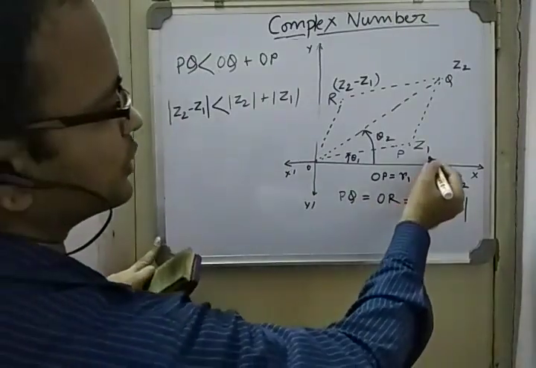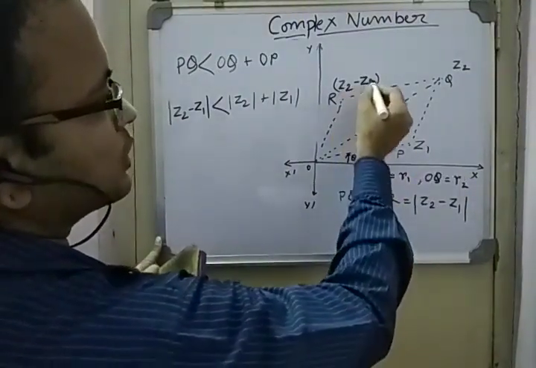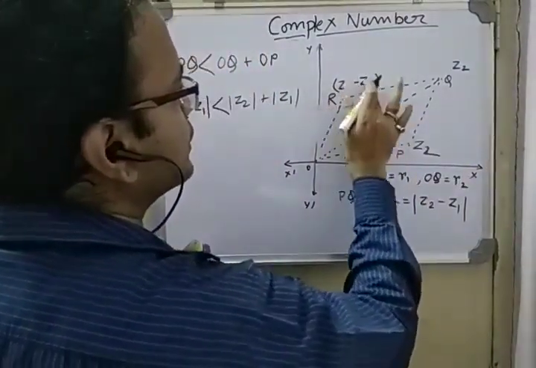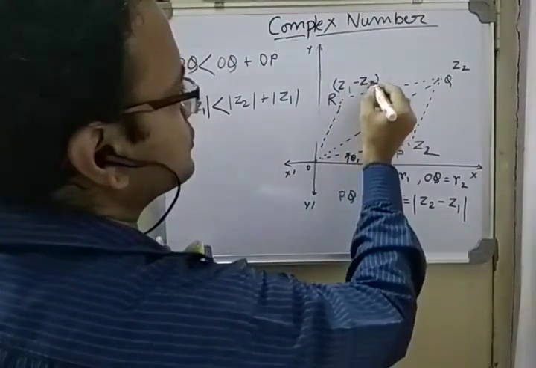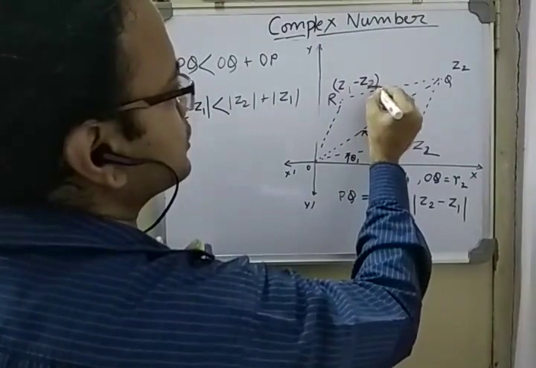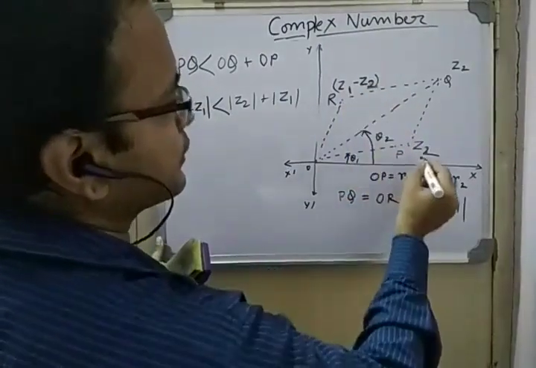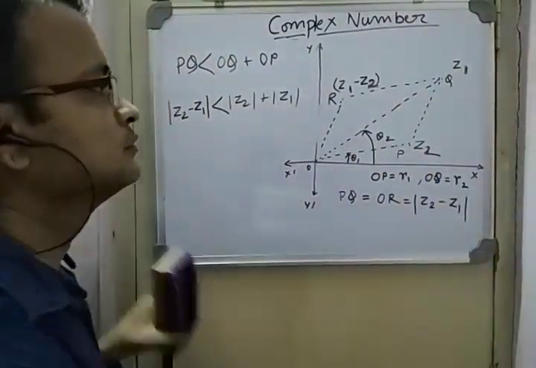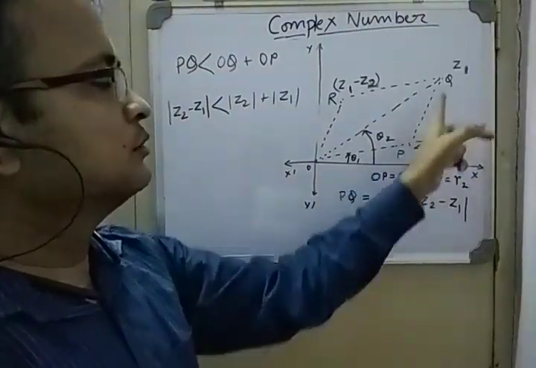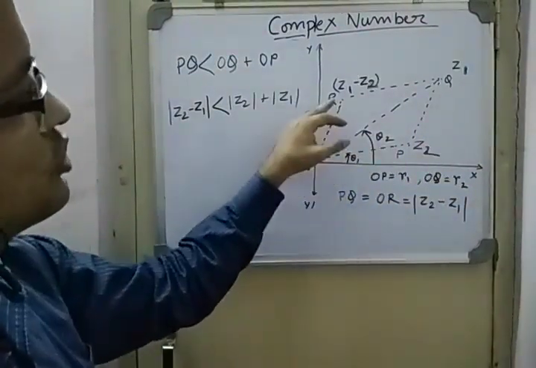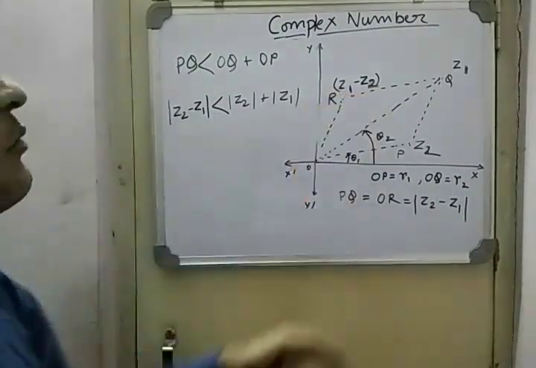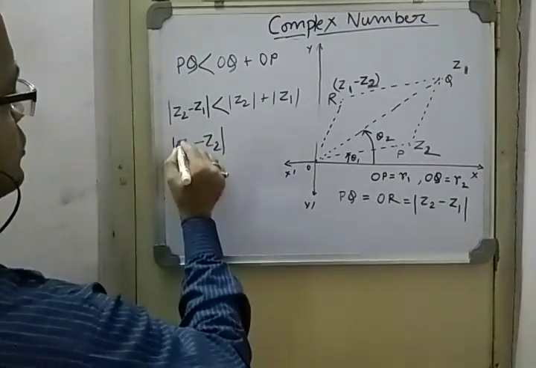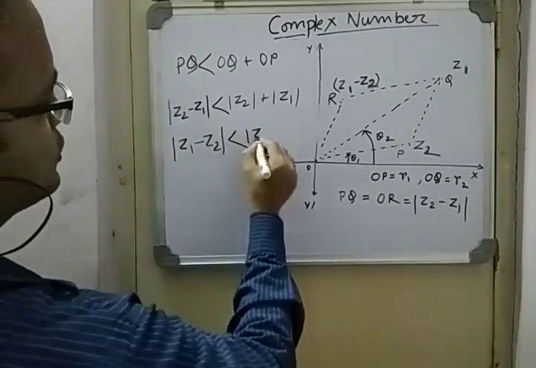In the same way, if you take this one as Z2, then it is Z1 minus Z2. If you would have taken this as Z2 and Z1 minus Z2, then what would have been the result? Z2 and this, if you added, it would have been Z1. So with the two points Z2 and Z1, if you draw a parallelogram, then the opposite side point will represent Z1 minus Z2. So from here you will get that the modulus of Z1 minus Z2 is less than this.